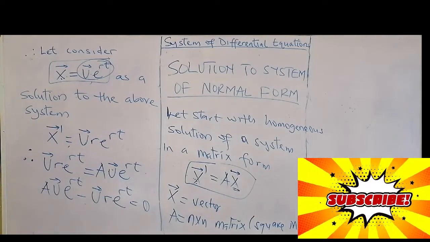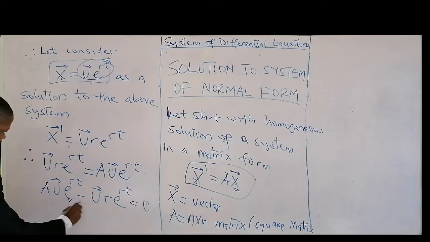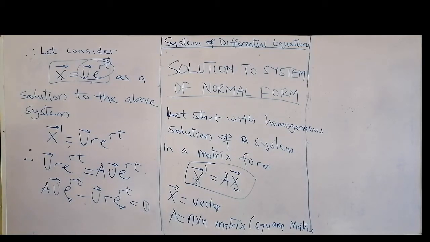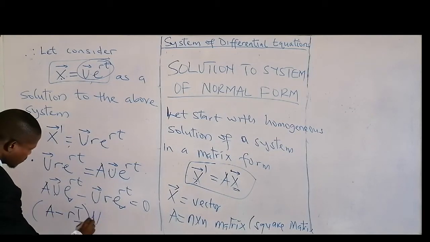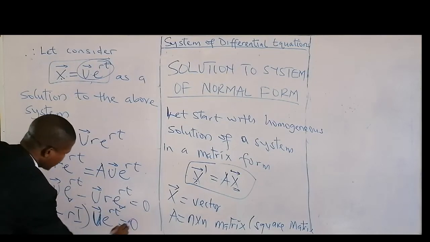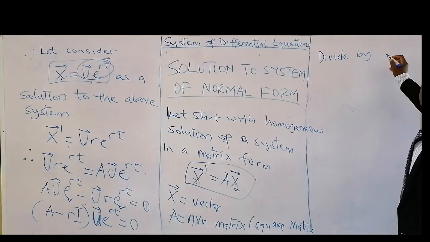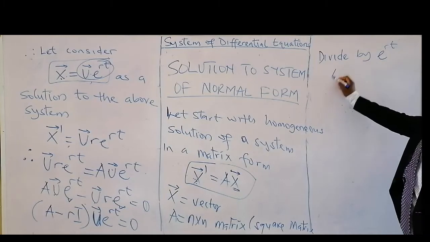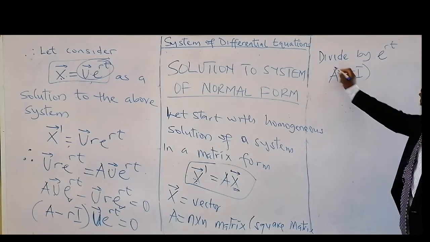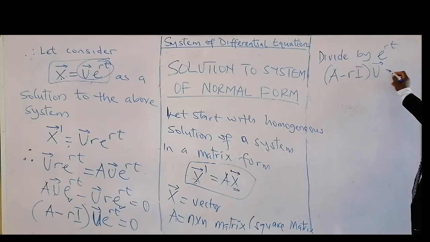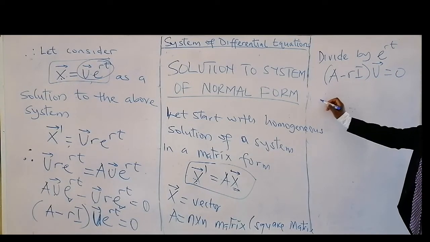equal to 0. Then factorize, we have this function is here, exponential is here too. Then we also have u here, so we can factorize. Then we have A minus this one, in bracket, times u, exponential at t equal to 0. Divide by the exponential of this. So we now have A minus this equal to 0. Where